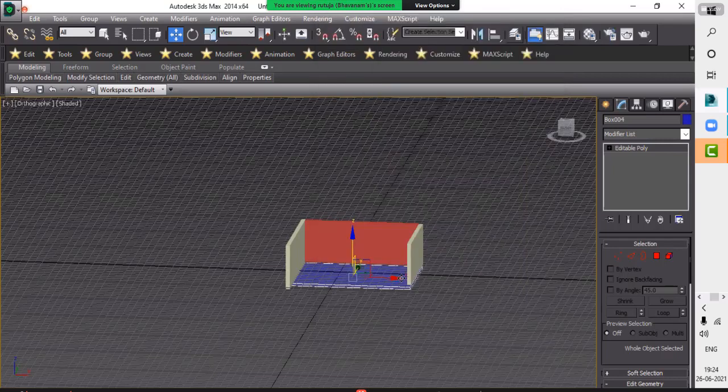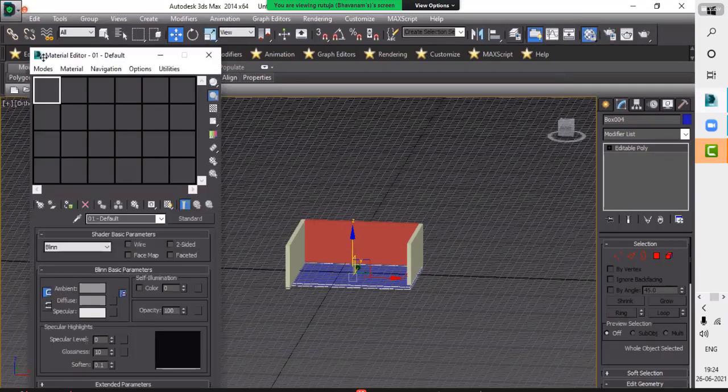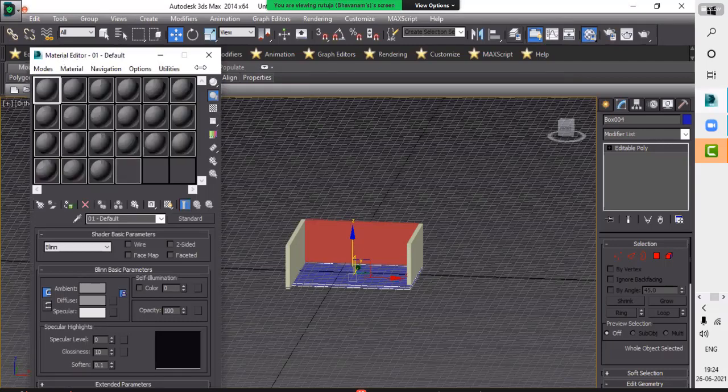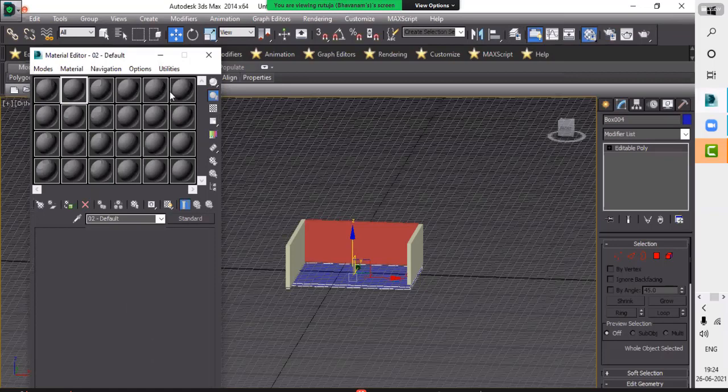So how can we apply the material? Just type M on your keyboard. When we type M, the material editor will appear. You can choose what you want, but we will start from here.